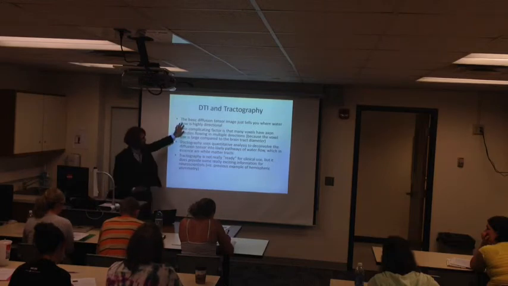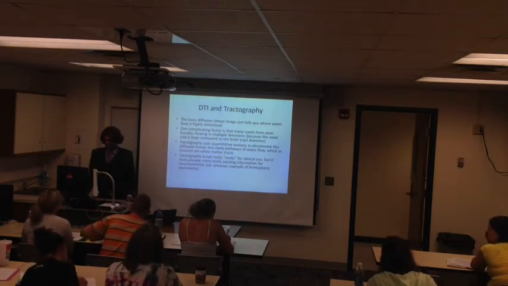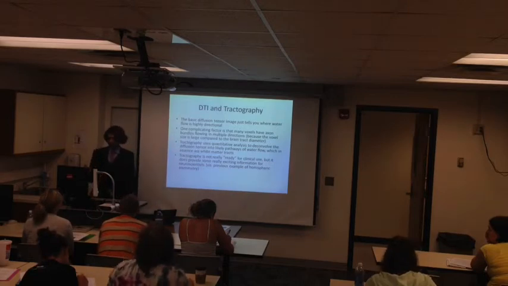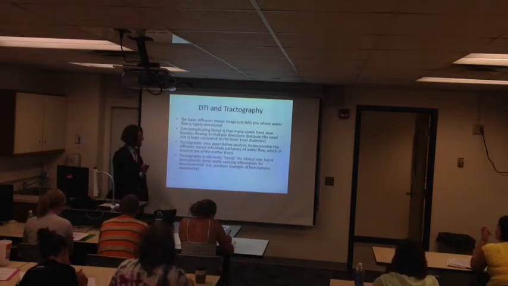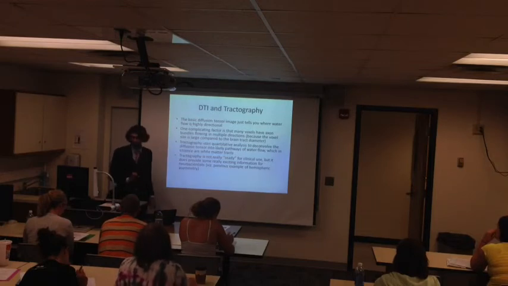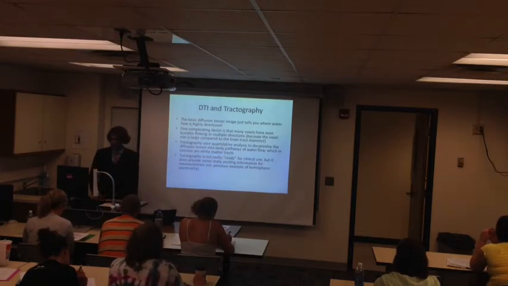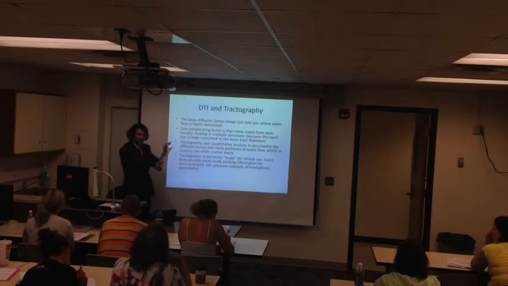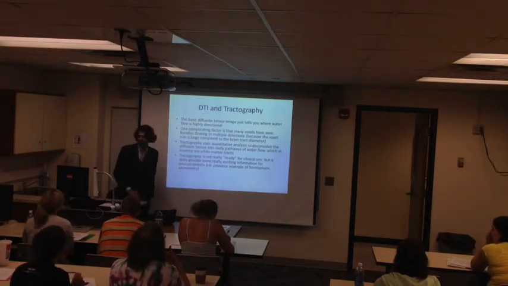So the diffusion tensor image tells you where white matter is highly directional. The complicating factor is that axon bundles are small in comparison to the voxel size. And so one voxel may have multiple axon bundles traveling in different directions. For instance, you can imagine a cross of axon fibers like this, right? And then you've got a problem because